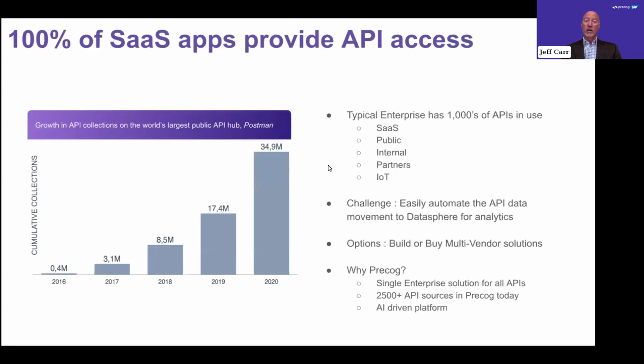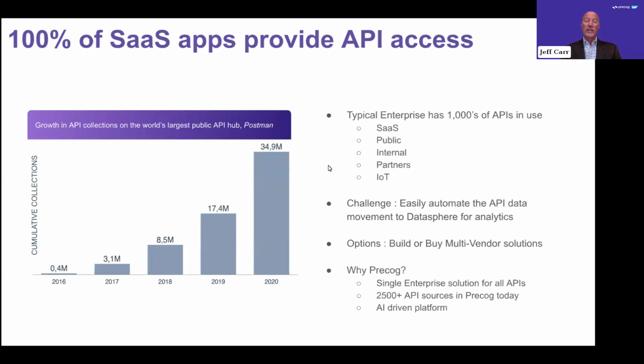So the focus of this solution is around accessing web-based or cloud-based applications in order to get data out and into Datasphere for the purposes of analytics, machine learning, and more AI applications. As this slide points out, today, most companies, when they acquire a new business application, it's a cloud application. It runs in the cloud. It's a SaaS application, which means in order to access the data in that, they need to go through the API that the vendor who created that application provides.